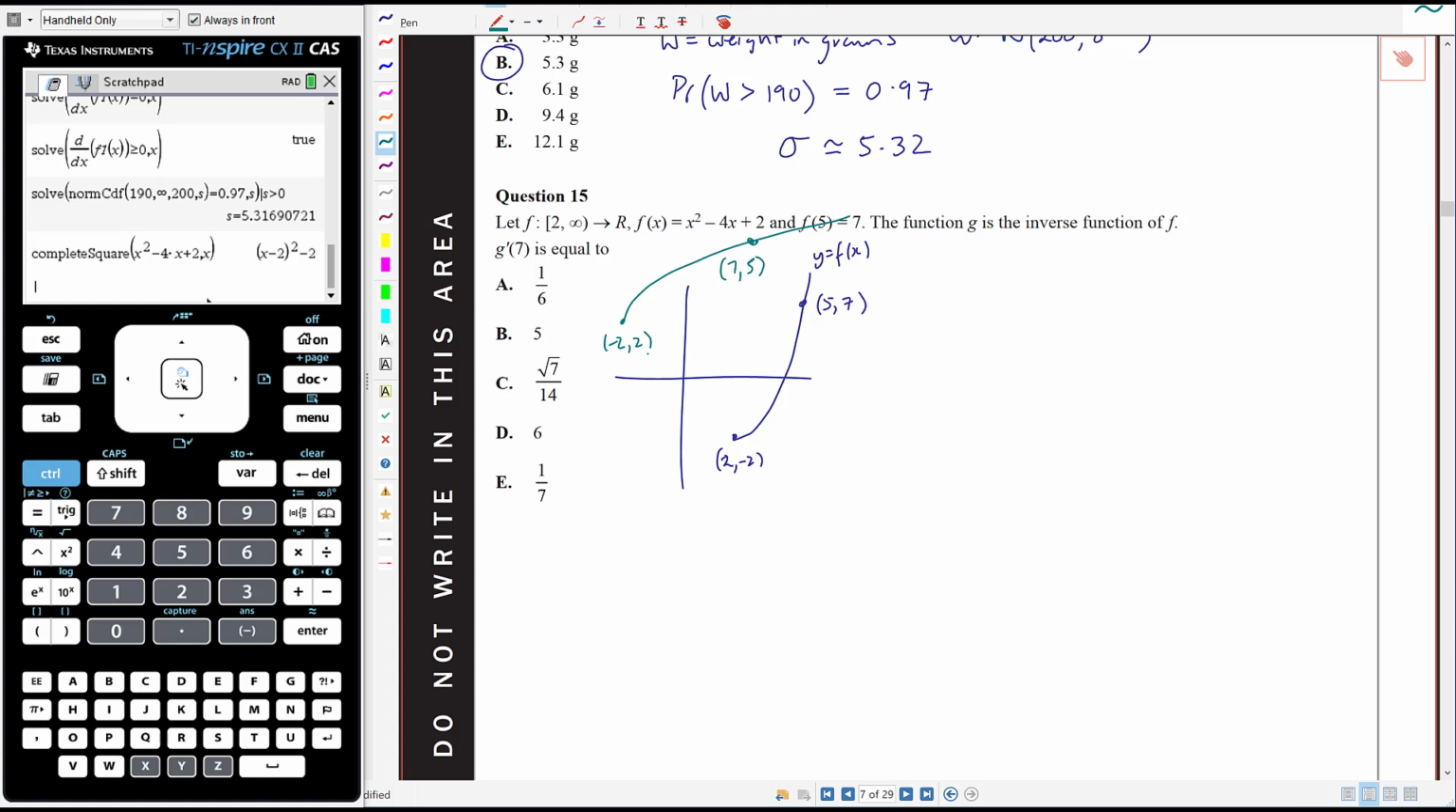So the question is asking us about the derivative at 7 of the inverse function, which would mean the gradient at this point. And that's going to be connected to the gradient at this point, because when we find an inverse function, we're reflecting in y with x, we're swapping the x and y values. So if we swap x and y values, when we're talking about gradient, we're swapping rise and run. Okay? So if the original gradient,